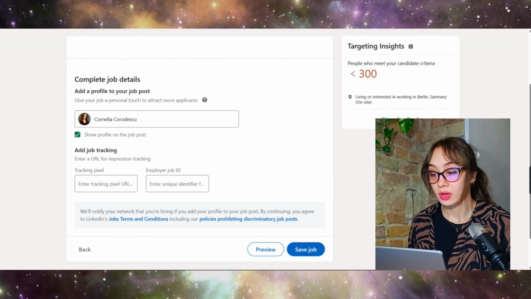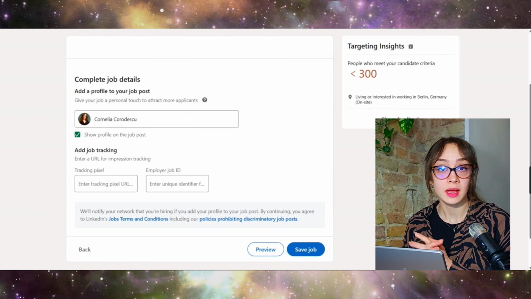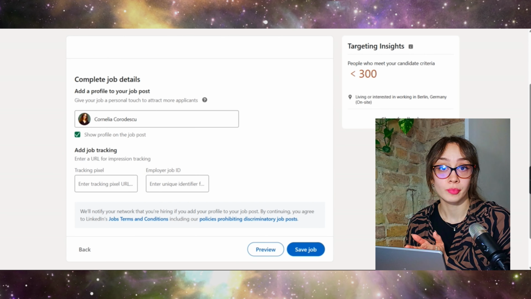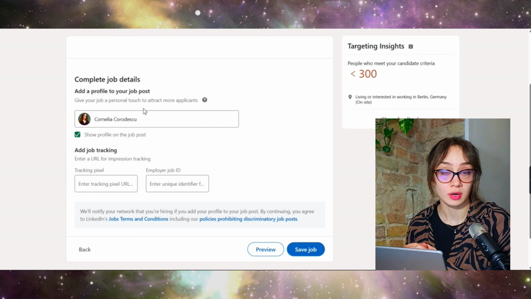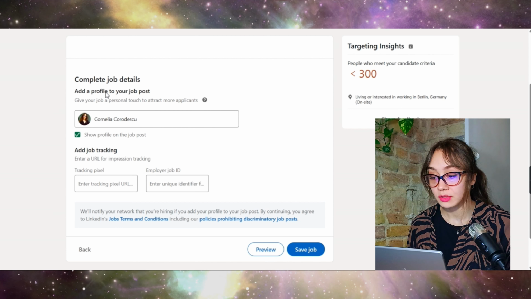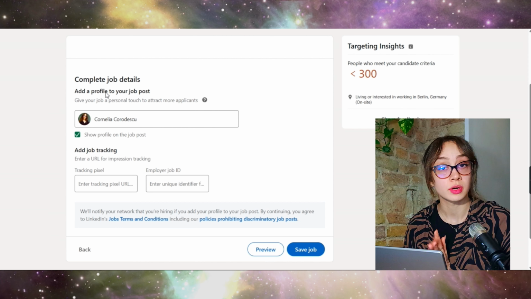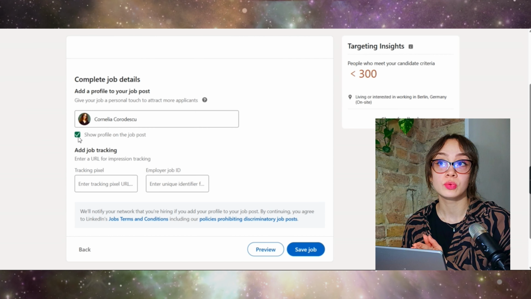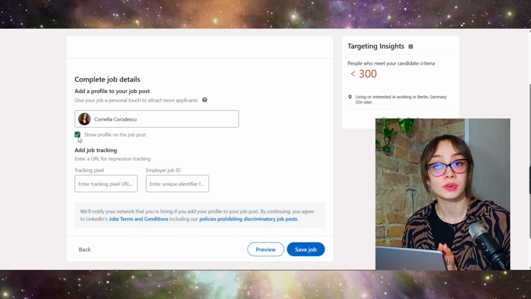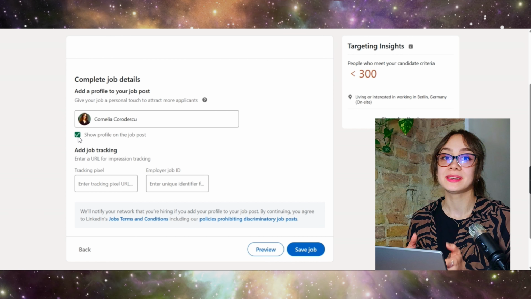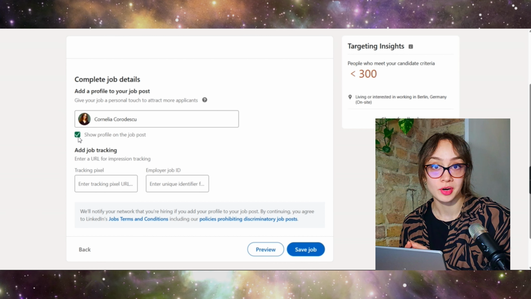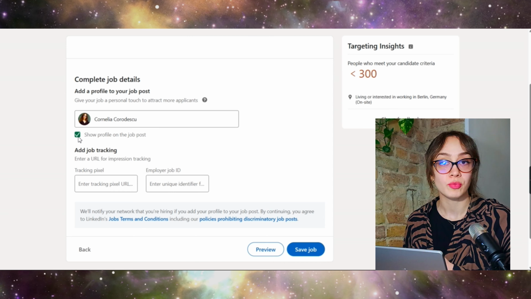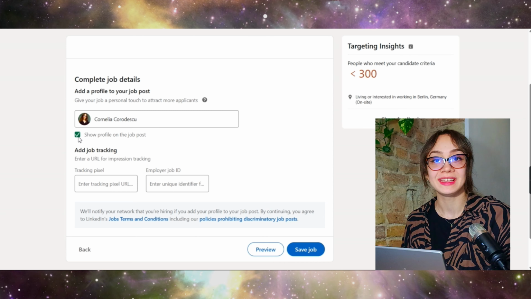On the last page, you'll have this thing in terms of your profile and your personal brand linked to the specific job ad that you are posting. And in this case, you can choose if you'd like to have your profile shown on the job description or not. Usually I choose to have this shown just because it will give the candidate, I would say, more assurance that this job is real because it's linked with the profile of a specific person that has experience. I mean, they can go on my profile and see that I'm actually working